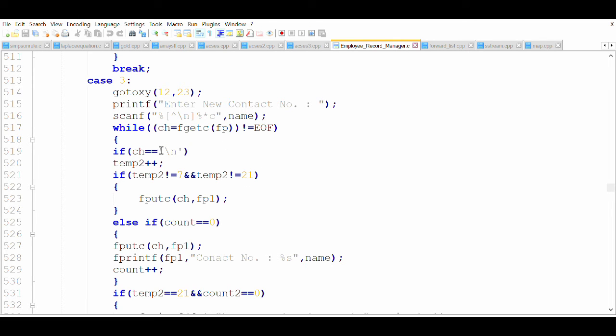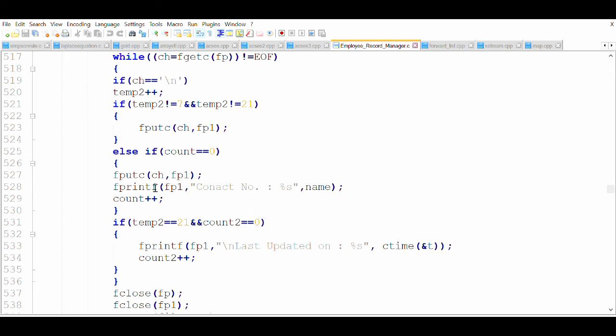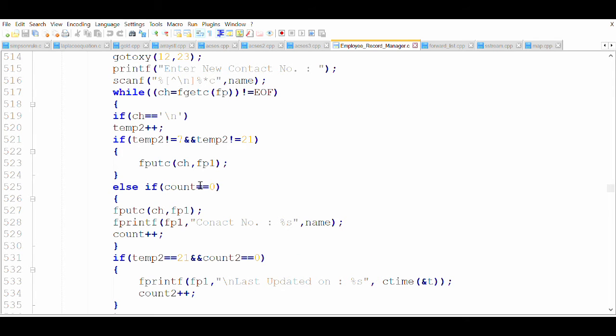I have made a temporary variable which will store the line number, and as soon as you go to line 7, it will tell you, okay, now you don't have to print this, you have to print the new thing, like contact number and whatever new contact number you have given. And now you will think how I am storing the line number.